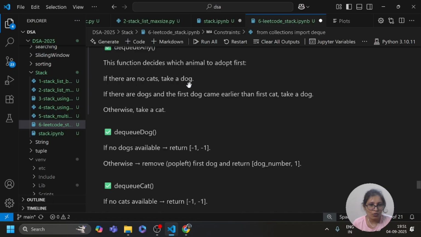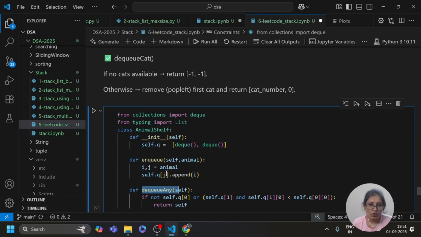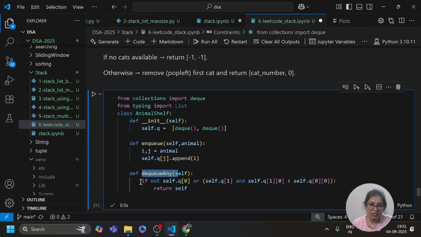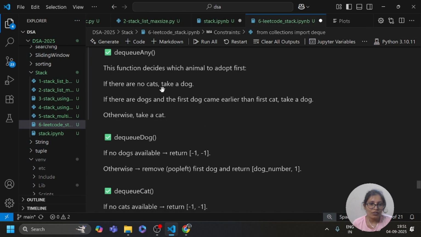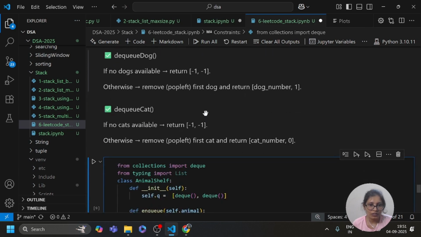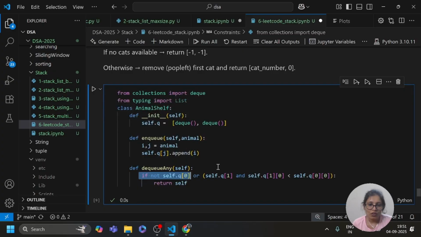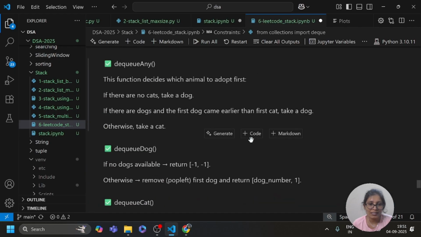If there are no cats, take a dog. See this condition: if not self.q[0], meaning if there is no cat, or self.q[1] is non-empty and self.q[1][0] is less than self.q[0][0], where 0 means cat and 1 means dog.